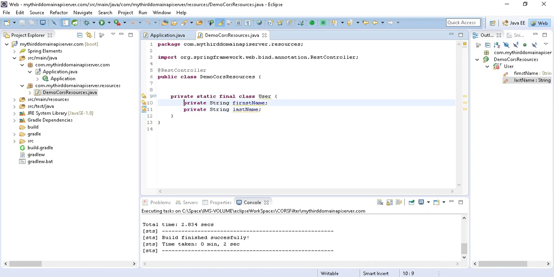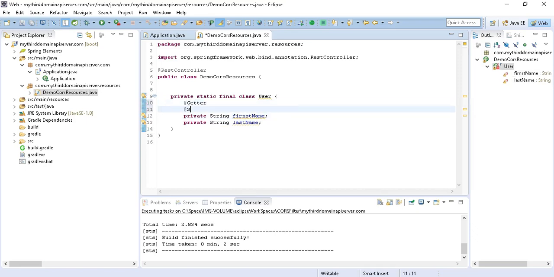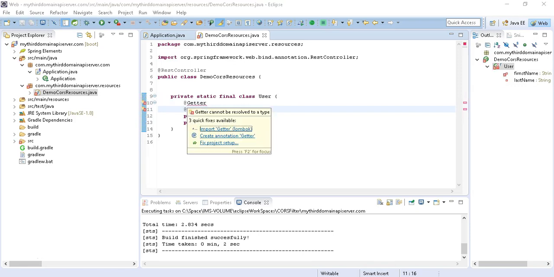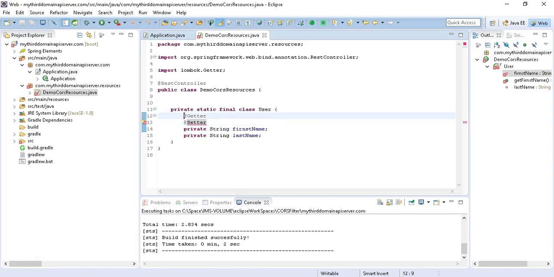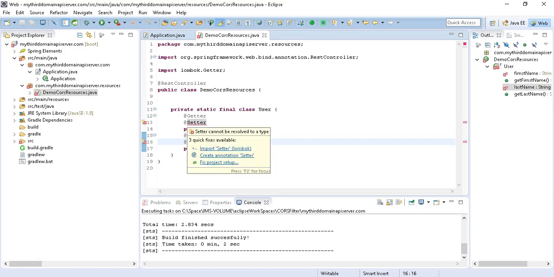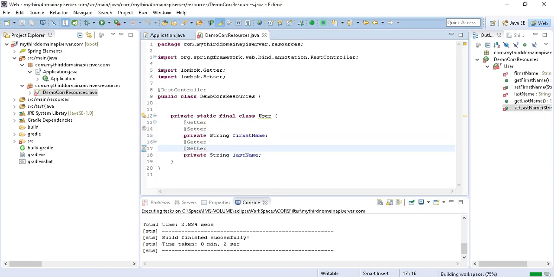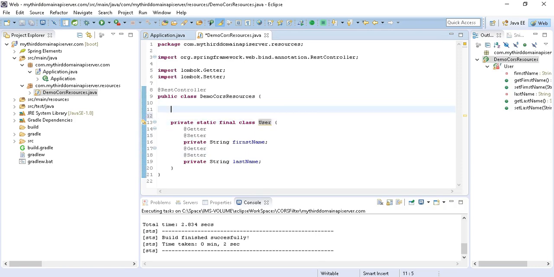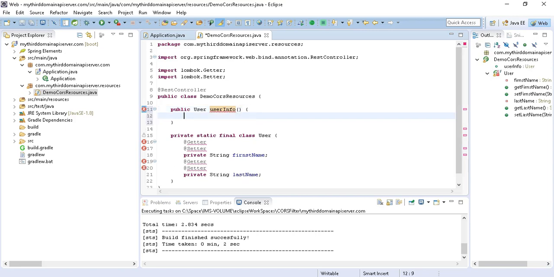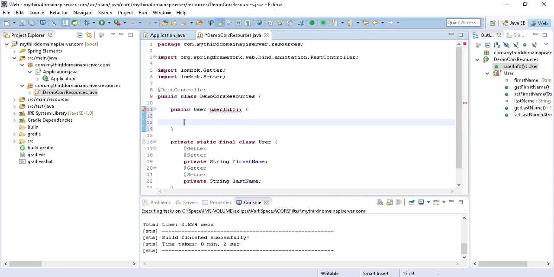Alright, and this is where we're going to use the Lombok annotations. We're going to just do getter, setter, and get the imports. Cool. So we have this user defined, and it says not being used, but we'll say hey, public return user info well, and we're going to say